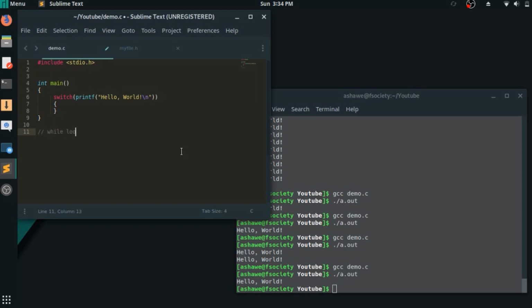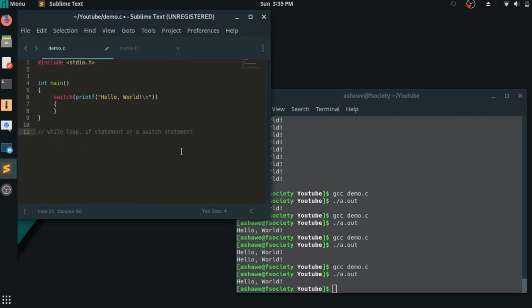So there are three ways to obtain our objective. First is the while loop, second is the if statement, and third we can use the switch statement. We cannot use any other loop like for or do while, as they themselves have some semicolons, so we have to use the while loop.